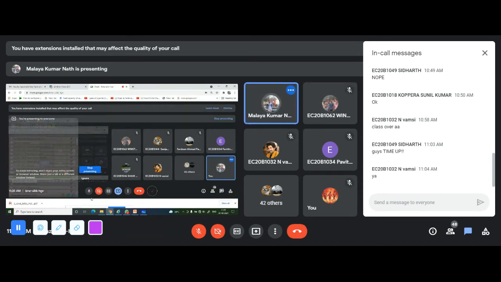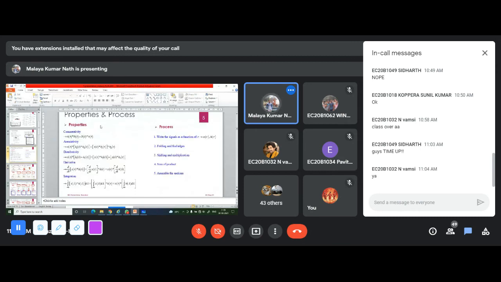Okay, very fine. So what is the convolution basically giving? The convolution is giving the system response. What is system response? That means how the system is behaving towards the input. That is represented by this convolution. If your input is a unit step, it will give rise to the unit step response. If the input to the system is a unit impulse, it will give rise to the unit impulse response. Now we'll see some of the properties of this convolution.